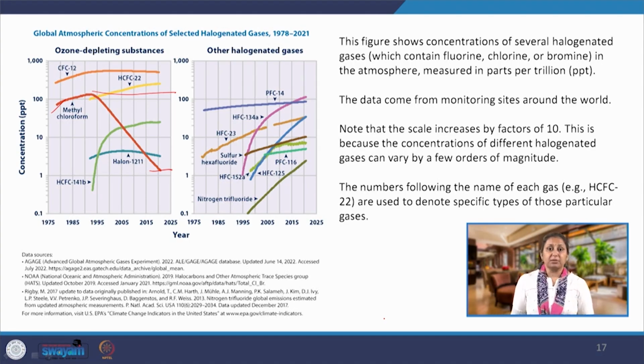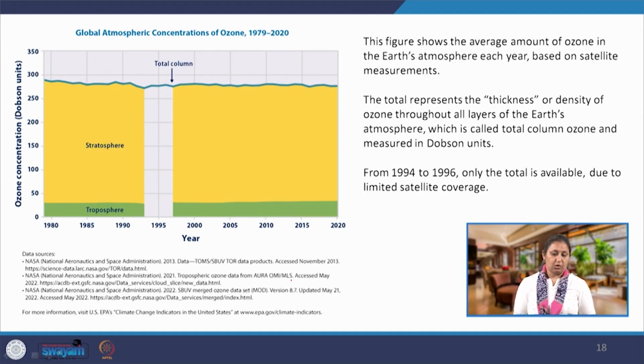The ozone depleting potential of these ozone depleting substances was more, and hence their reduction. So, for the majority of them, either they have been contained at the same level or their concentrations have been reducing. So, this has impacted the health of the ozone layer there, but overall if we see the